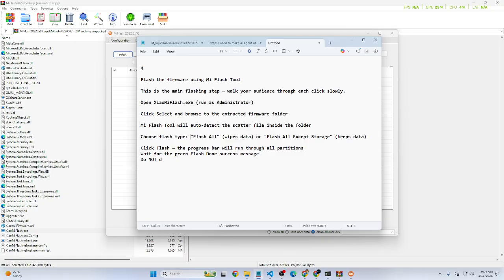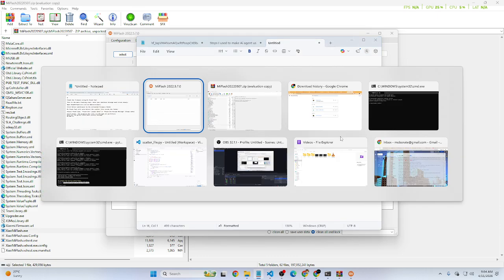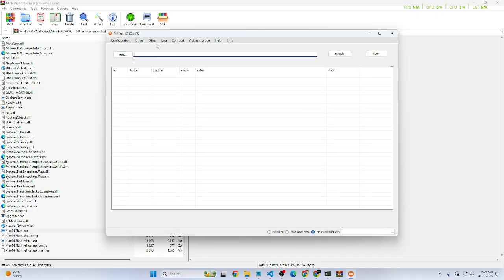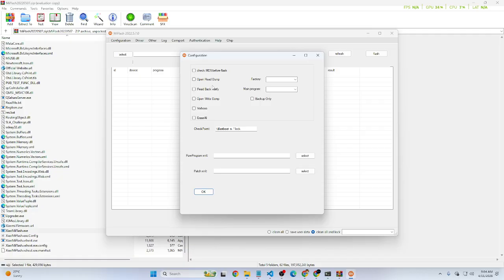Then choose the file type: flash all, which wipes data, or flash all except storage, which keeps data. You need to choose one of them. Flash all wipes data, or flash all except storage will keep your data inside your phone. Click on flash. The progress bar will run through all parts, like here, so you can check the MI configurations, checkpoint, fastboot, and then